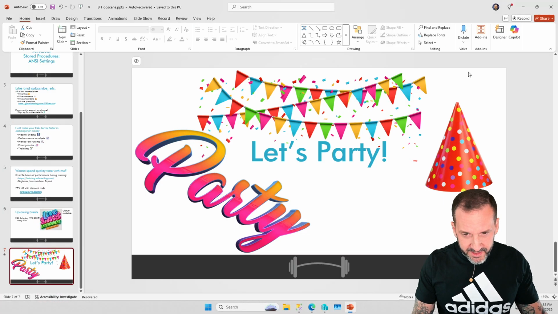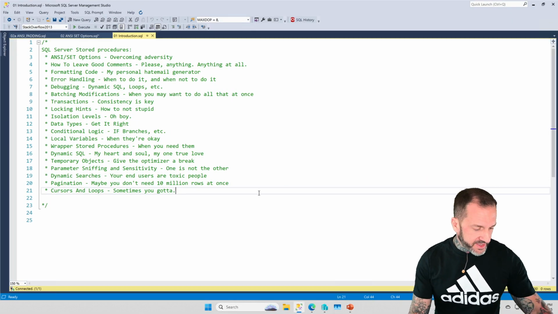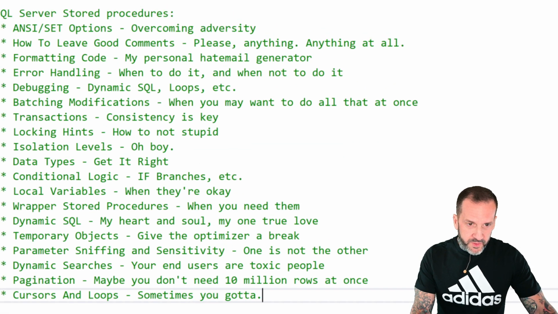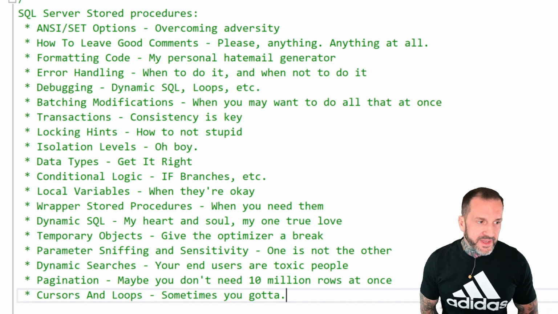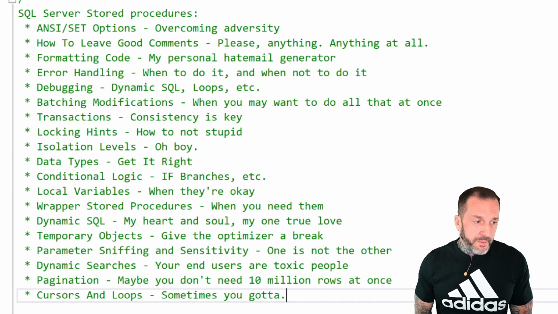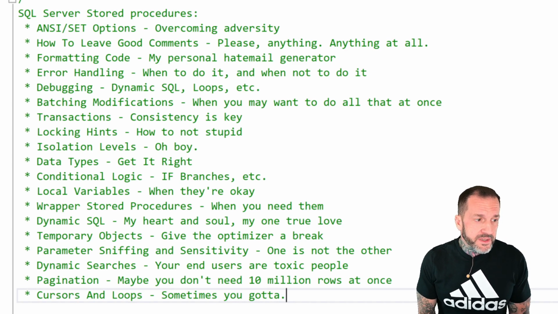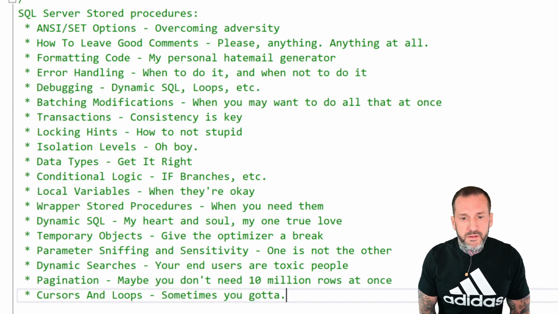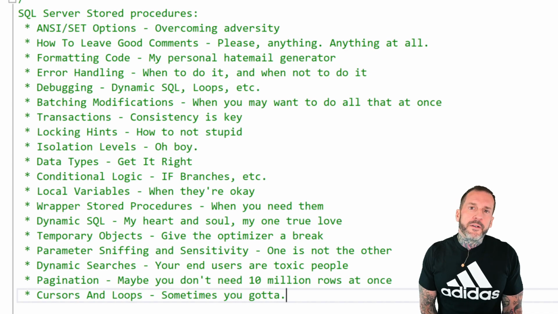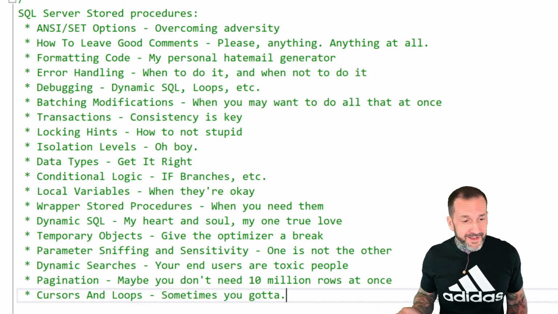But with that out of the way, let's talk about stored procedure stuff now. This is the proposed list of topics that I'm going to be covering during these videos. I'm not going to read them all because, by God, we have things to talk about. But this is the stuff that I'm going to be covering. Most of it is already written. Some of it's going to need some additional tinkering and tweaking. But what the hell? It's not like I have to do this. It's not like I do this live because